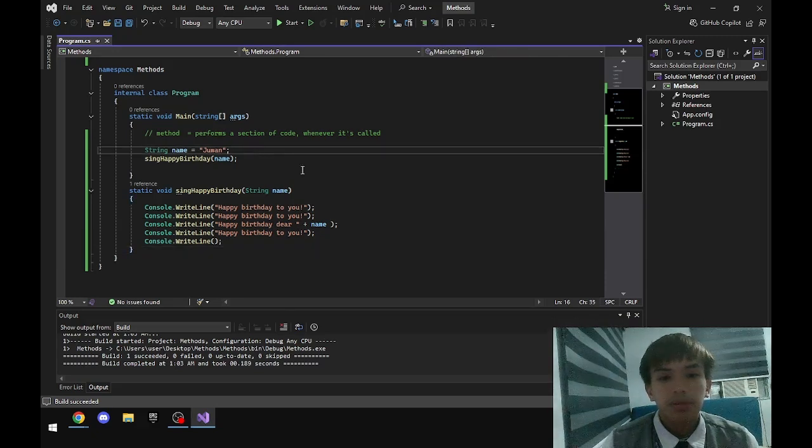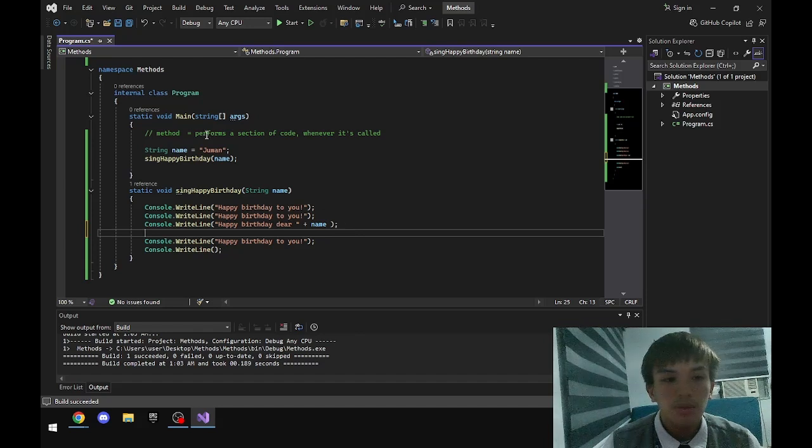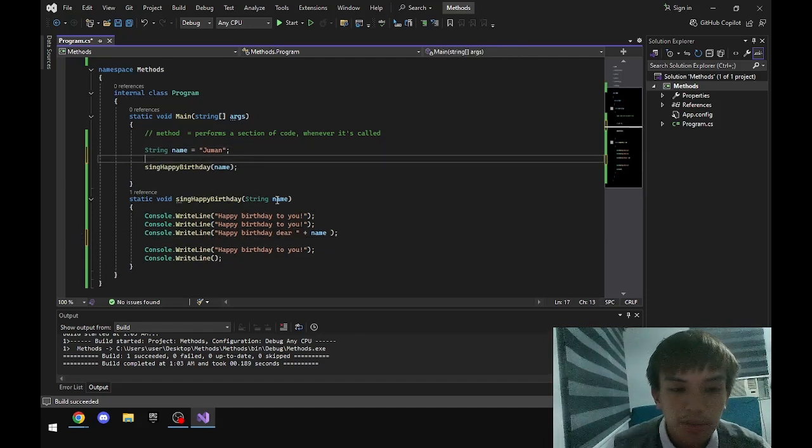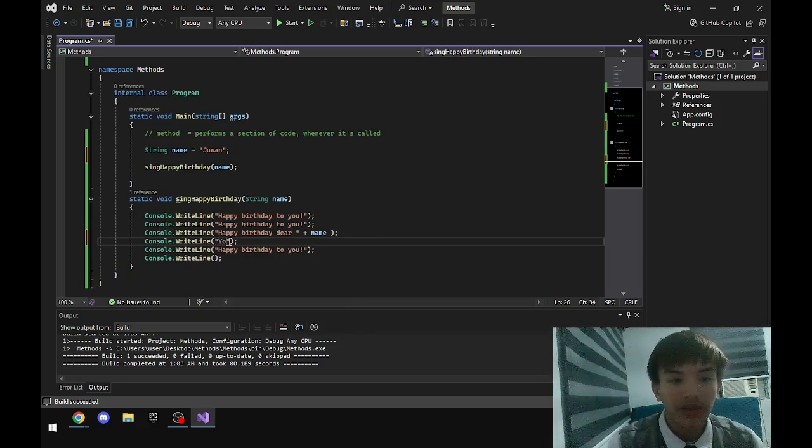Another example is, if you want to declare multiple parameters, for example the age, you would be writing Console.WriteLine and then "you are" plus age, plus "years old".